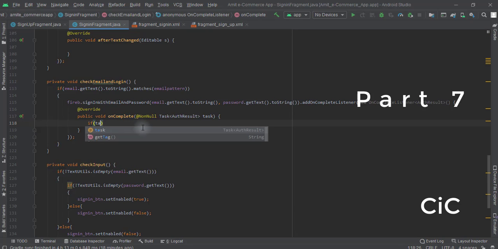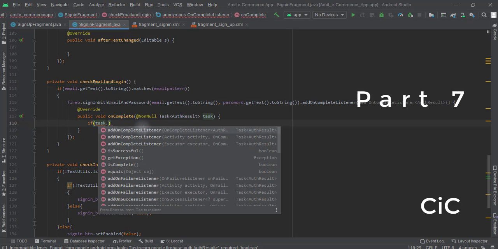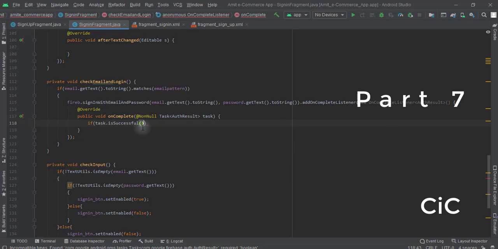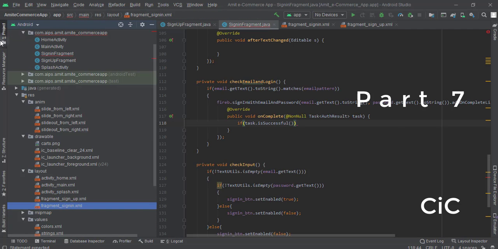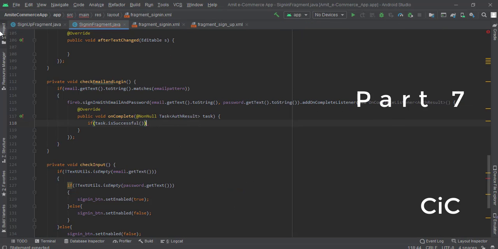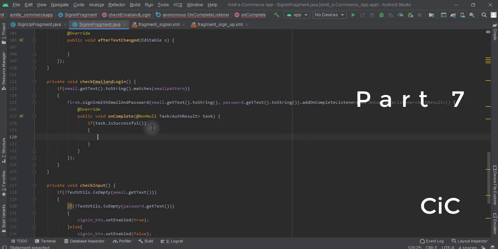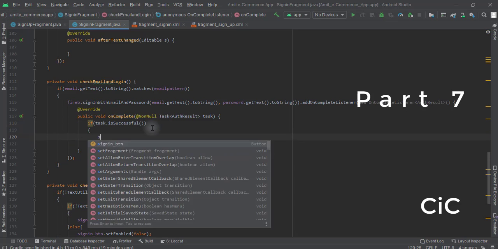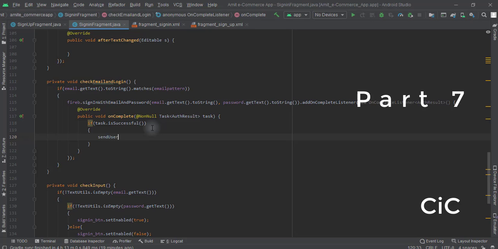So basically, if the task is successful, then we will direct him or her to the home activity dot java file. You can see we have created this one, in the register activity we created in the last video itself. So if the task is successful, we'll send the user to home activity.